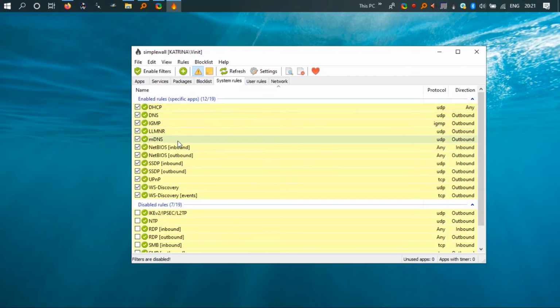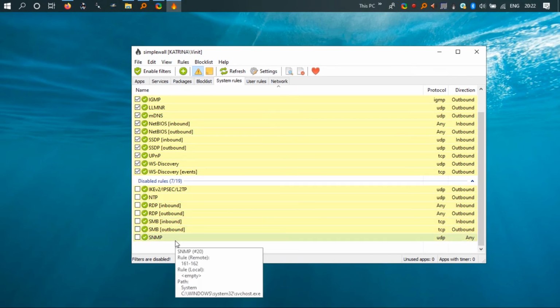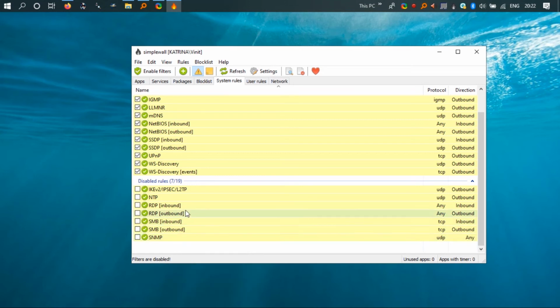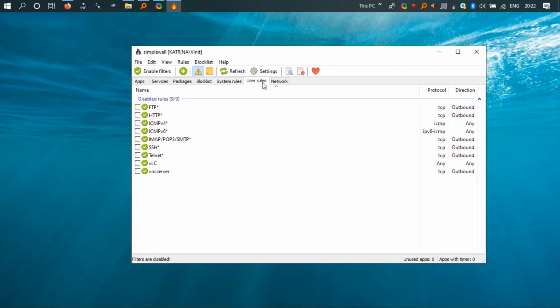These are remote desktop protocols. These are system rules, protocol-based blocking and unblocking. SMB, SNMP. Yeah. You can set up user rules as well. I have created some rules for VLC and everything.